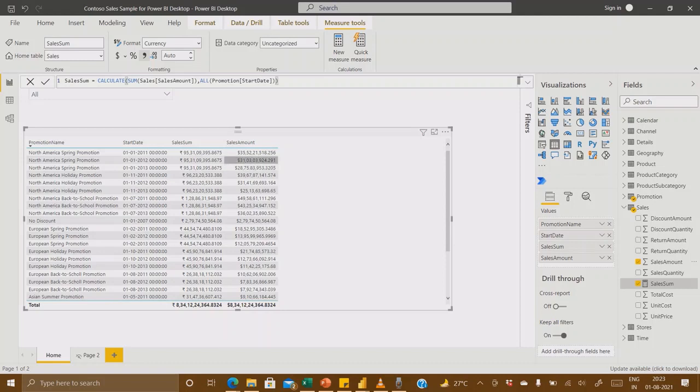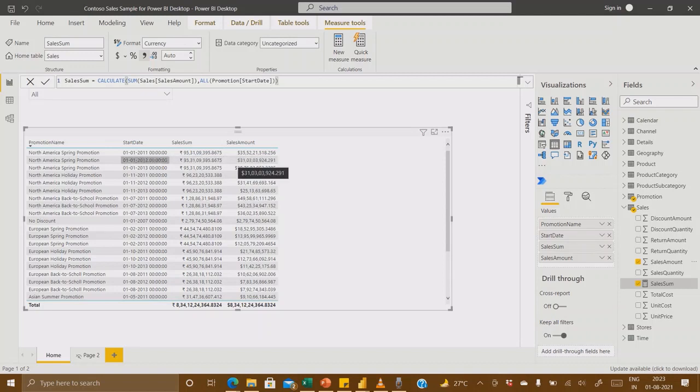So for that particular North America spring promotion, which started on 1/1/2011, we have this much sales amount. Similarly for 2012 we have 31 something, and the same goes on for everything.